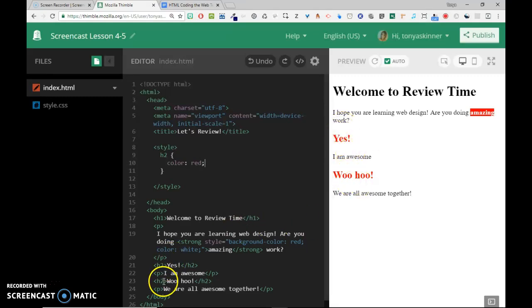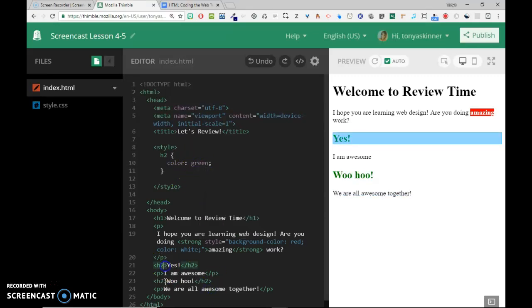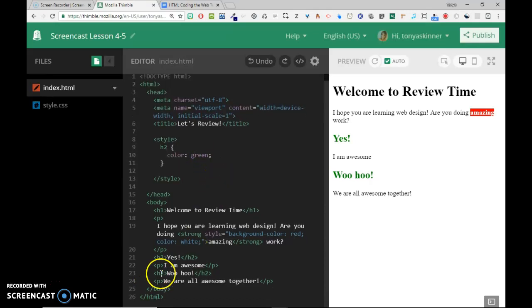Now I could have done that down here, but then if I changed my mind, I wanted them to both be green, I would have had to change it in 2 places. And now I don't have to. But what if I wanted one of them to be red? Well, I can override a style that's up here in this internal style sheet by using an inline style. So I could still come in here and say this one's going to be red by adding an inline style